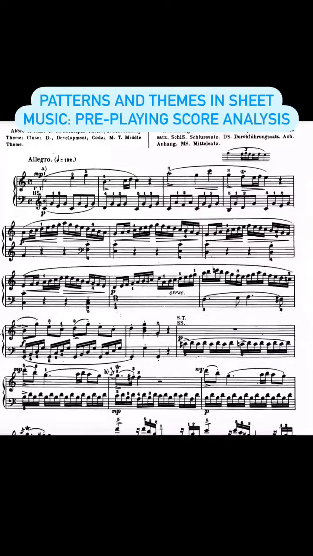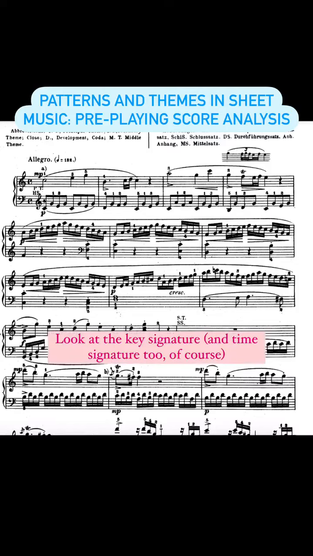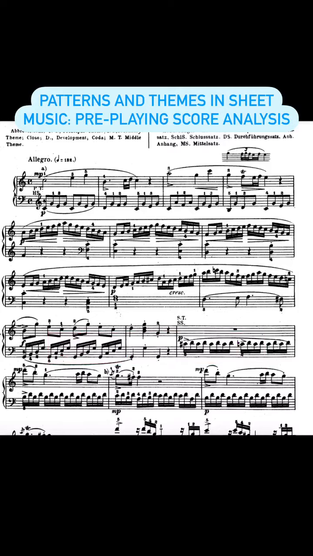I got a request to do a video on looking at patterns and themes in sheet music, specifically what you should be looking out for before you try to play a piece or excerpt for the first time. So the first thing you're going to do is look at the key signature and see what key we're in. In this case, because we don't have a key signature, we can say that we're in the key of C